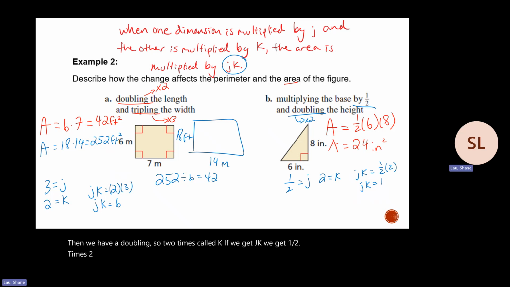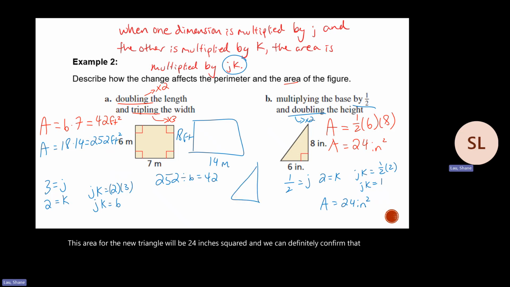And now some of us will be like, well, that doesn't make sense. And it actually kind of does make sense. What this is essentially telling us is that the area doesn't actually change. The perimeter might change, but the area will not change. Okay, so this area for the new triangle will be 24 inches squared,